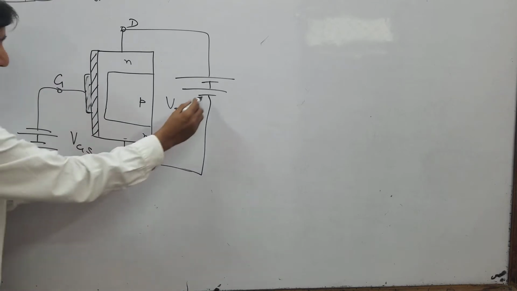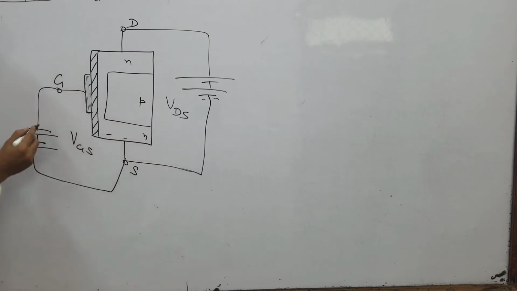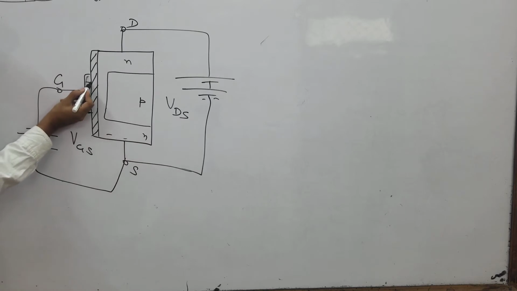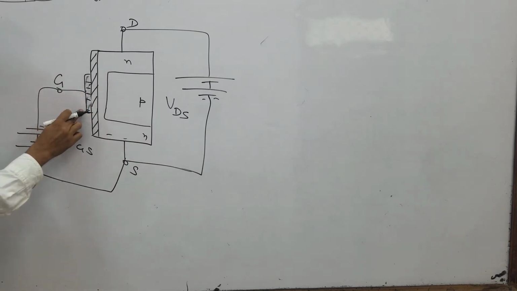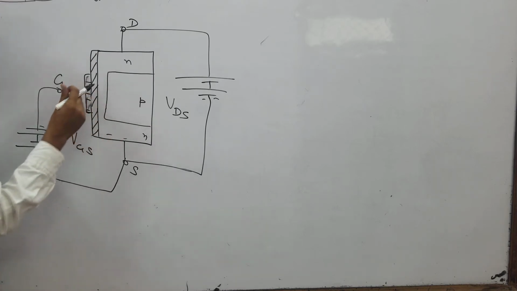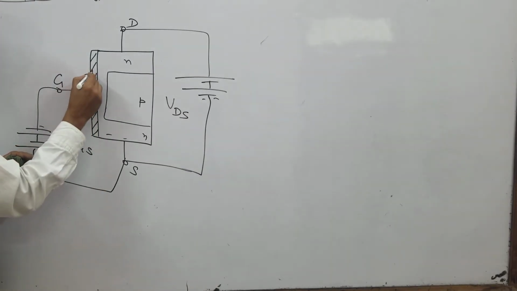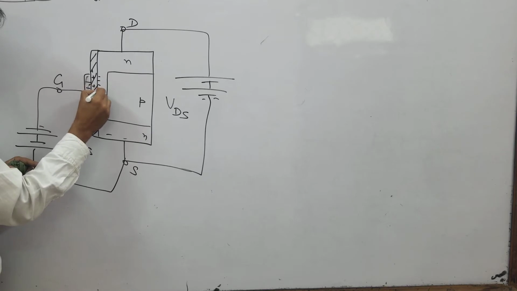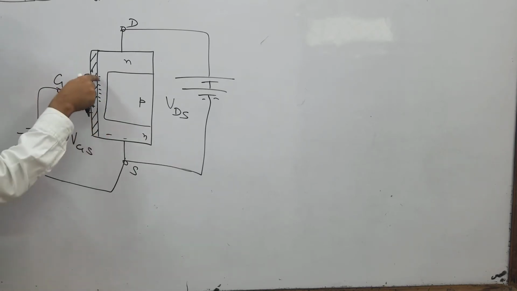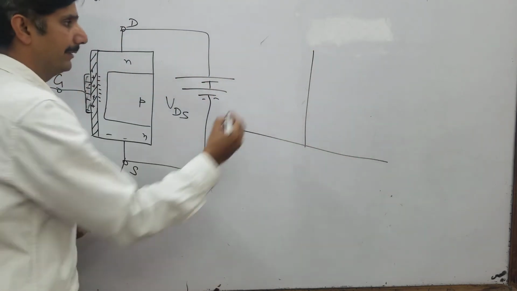The source is pushing these negative charges, the electrons over here, to go to the drain region. However, this negative will try to push them back. When you apply negative charge to this gate terminal, this becomes negative. This silicon oxide is acting like a dielectric. So one side of it becomes positive, and this side becomes negative. Now the more the negative, the more would be the repulsion of these flowing electrons. So current will decrease. So what sort of graphs are you expecting?